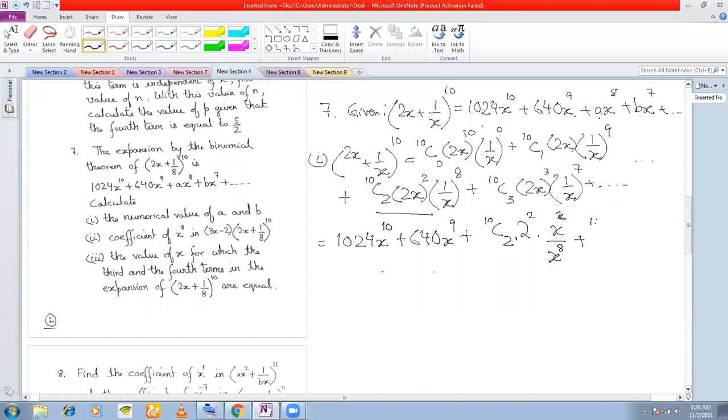Plus 10c3 into 2 cube into x cube by x to the power of 7. Okay, and plus this will continue. So you get here 1024 x to the power of 10 plus 640 x to the power of 9, and